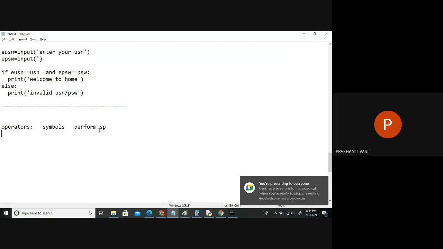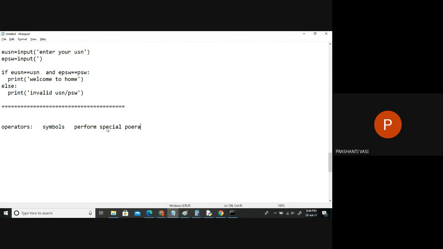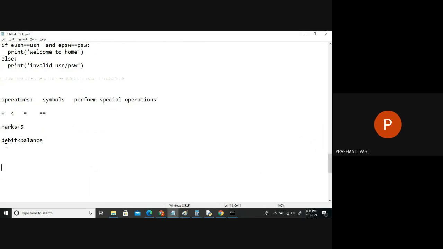Symbols are used to perform some special operations. Like we have so many symbols. Every day we use the symbols. Even if you don't know, you can try. This is for addition. This will be for, you can see the scenarios. I will just use every symbol with one purpose. You can see that every operator I'm using for some purpose only.